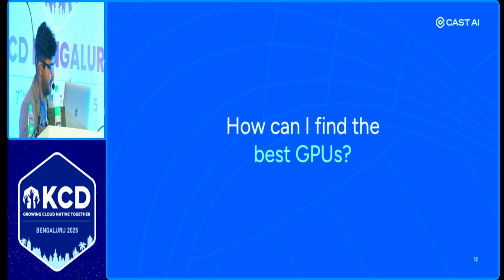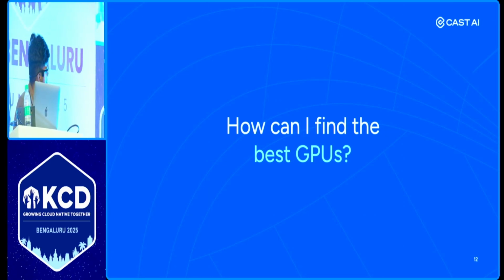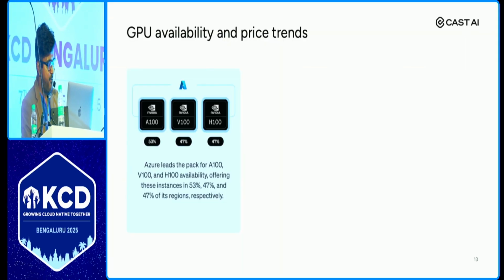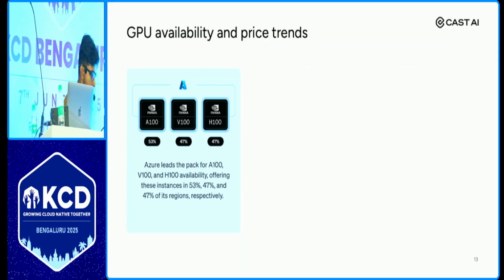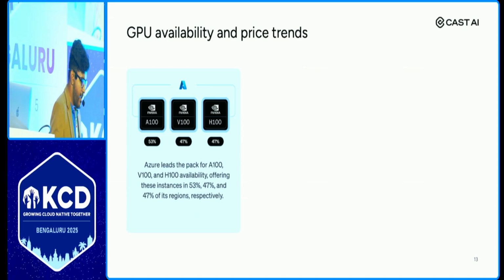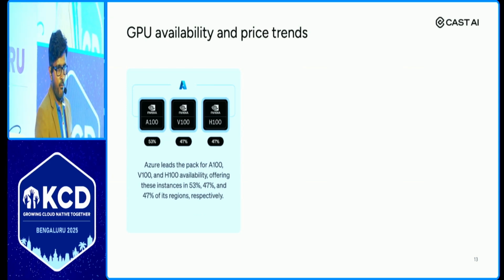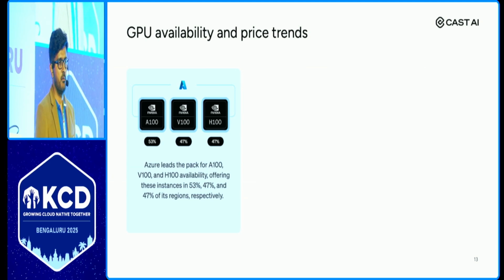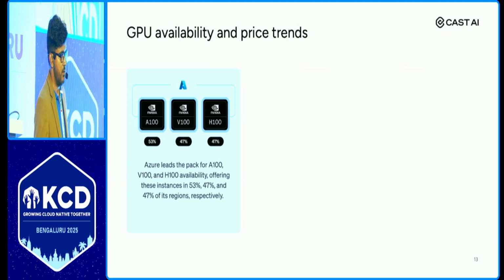Now, let me explain the next use case with the GPUs. We again did a study, right? If I ask you to pick a GPU, and I tell you that you want to run an AI workload, find me the cheapest or best GPUs in the world. I don't care about the cloud provider, right? So what will you do?